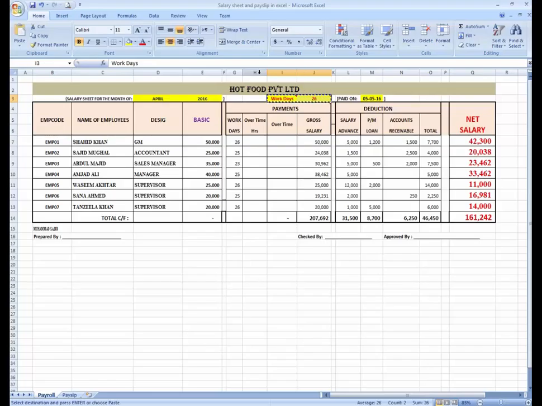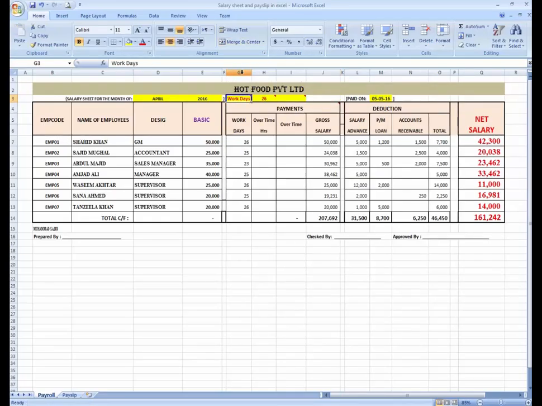Here I'm going to shift this with Control X, and I'm going to copy the format with Control C, and right over here I'm going to shift once more. Okay, work days 26. I'm going to write over here duty time.